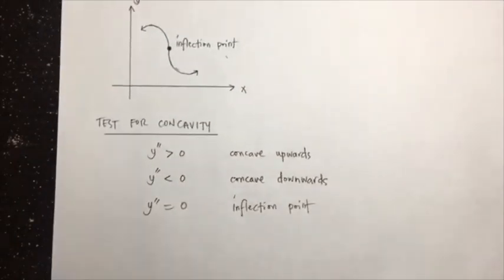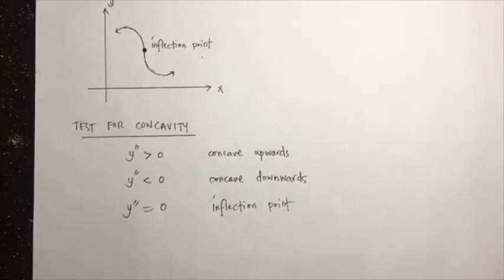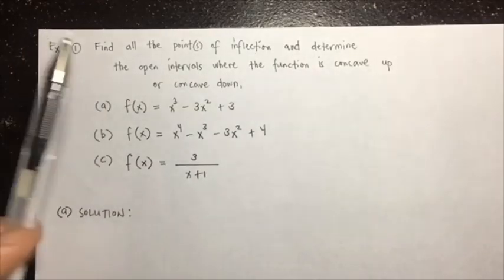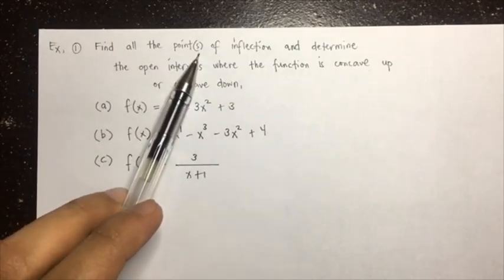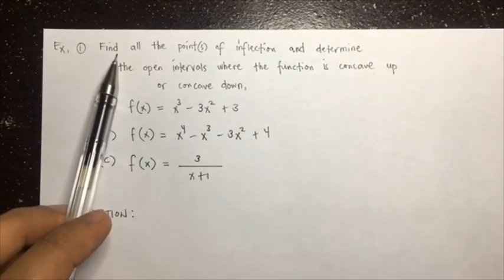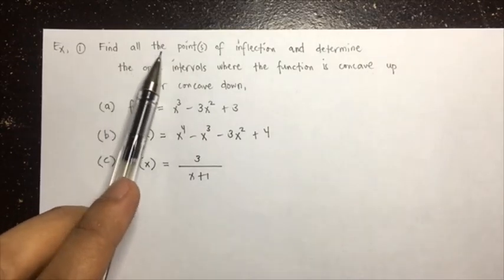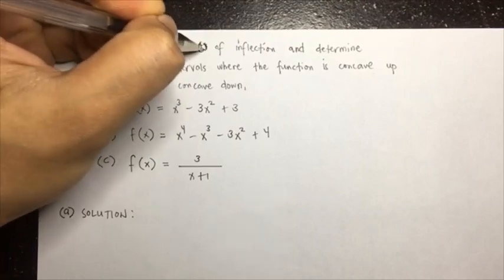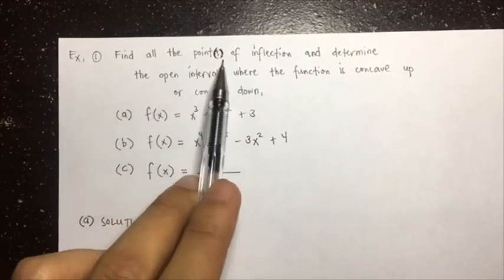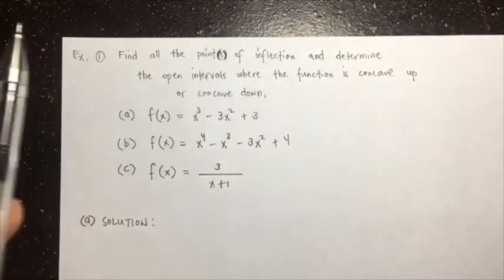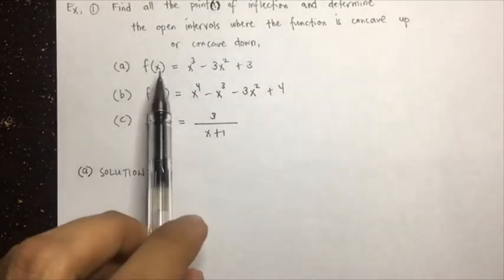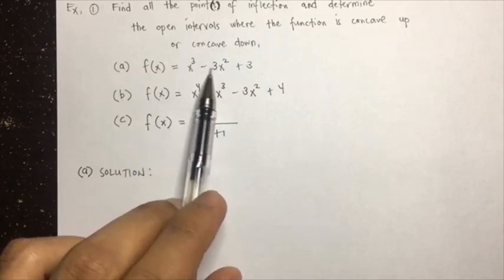Okay, so let's have some examples. Let's solve these examples. Find all the points. Sorry, this is wrong grammar. Since it says find all the points, this should be plural, so there should be no parenthesis. Find all the points of inflection and determine the open intervals where the function is concave up or concave down. For letter A, we have f of x is equal to x cubed minus 3x